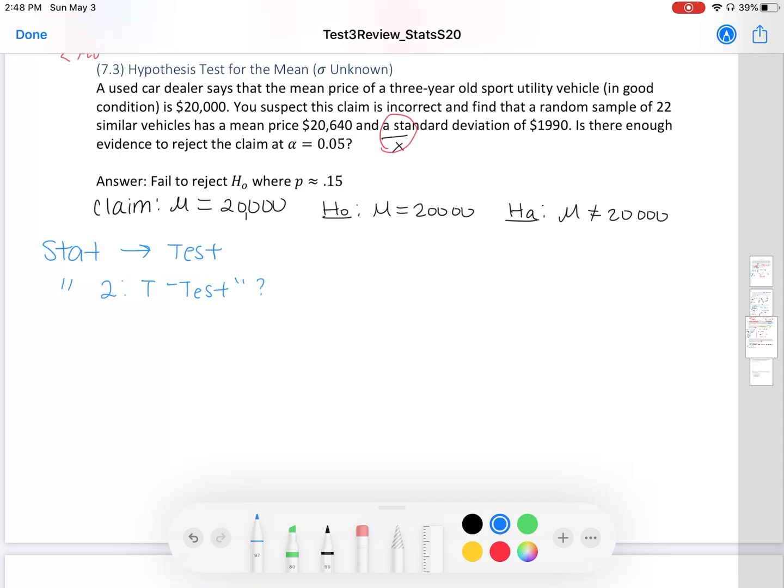I'm iffy about that one because I don't think I wrote it correctly on my notes. All right. I have a mean of 20,000, an X bar of 20,640, a sample standard deviation of 1,990,